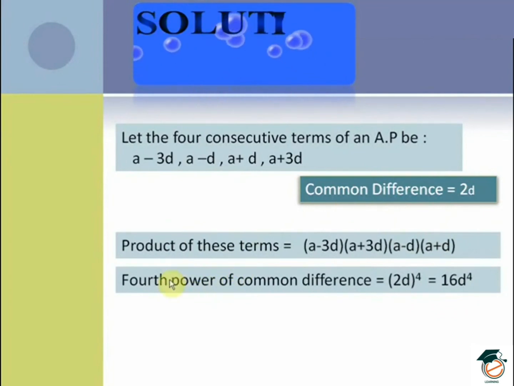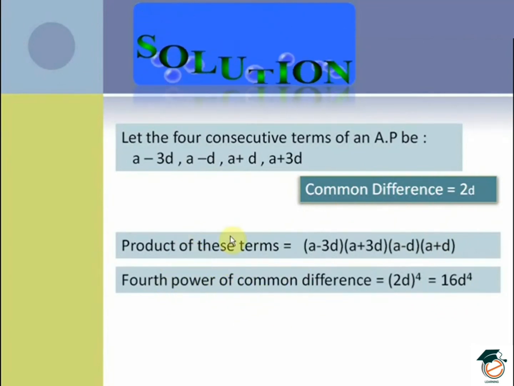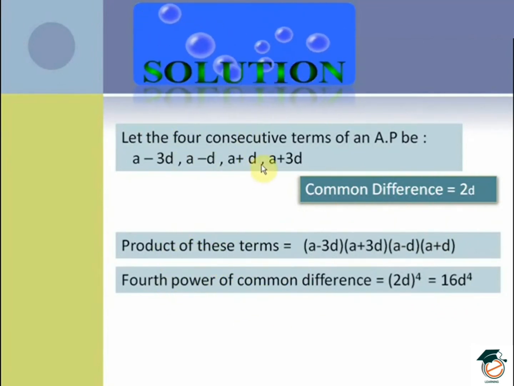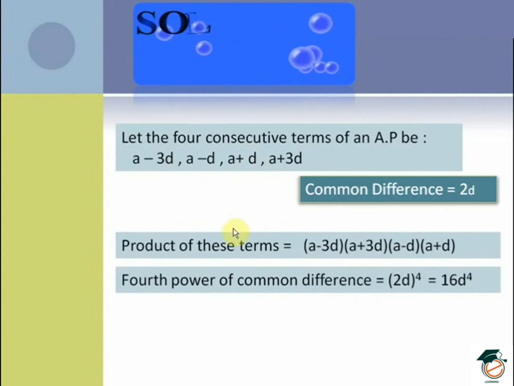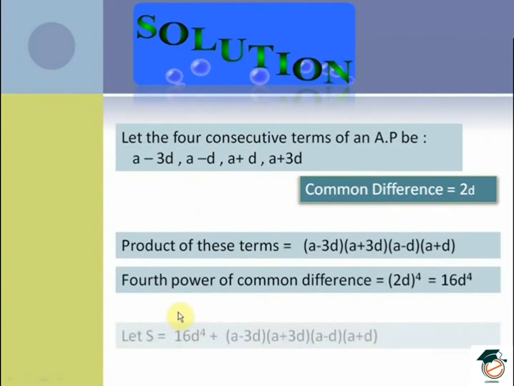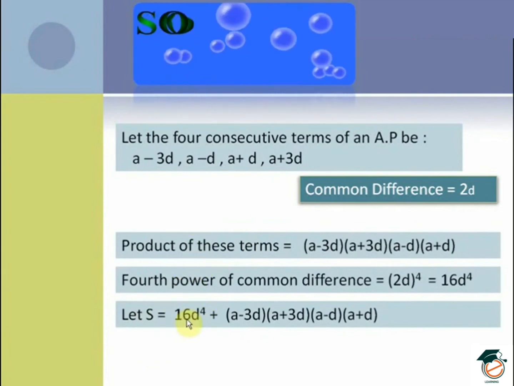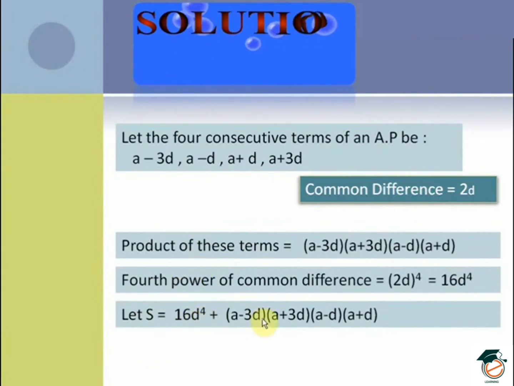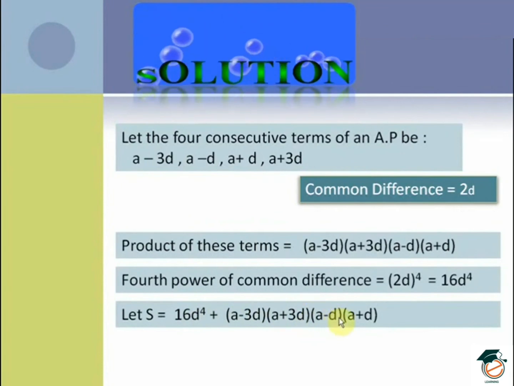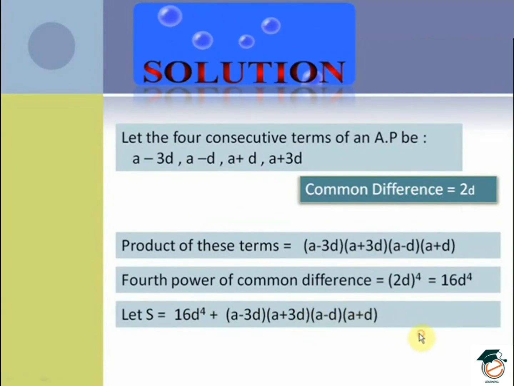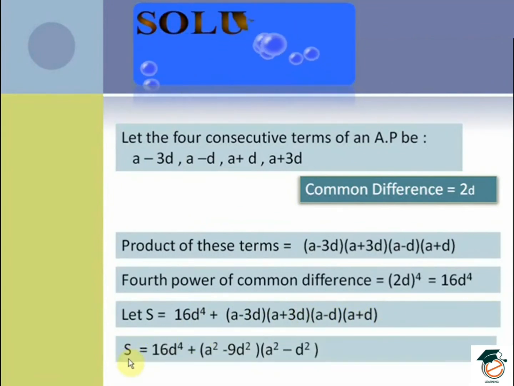Now we have to prove that the fourth power of the common difference plus the product of these four consecutive terms is equal to the square of an integer. So let's say that S, which is the sum of these two terms, is equal to 16D to the power of 4 plus A minus 3D into A plus 3D into A minus D into A plus D. This further becomes S equal to